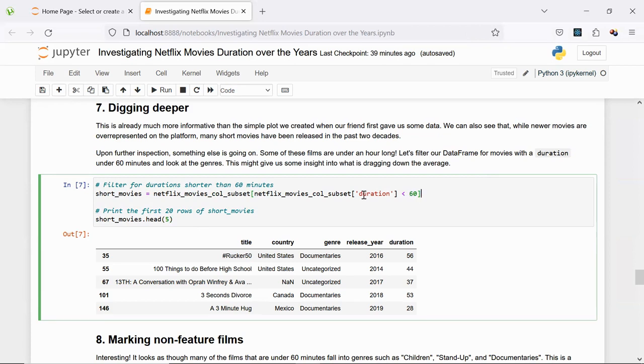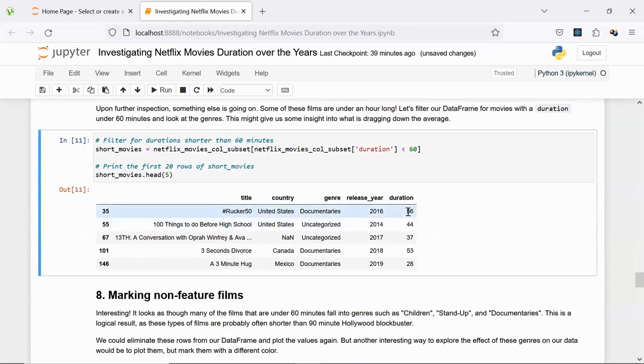So we want to deduce that from our data. From that we have created these short movies, where the movie duration is 60 or less than 60. So here we go. By printing this we can see that very few films are